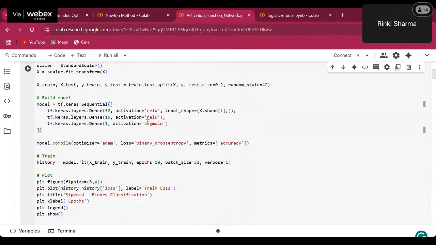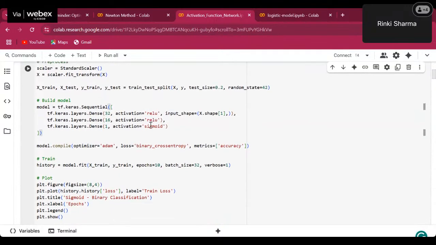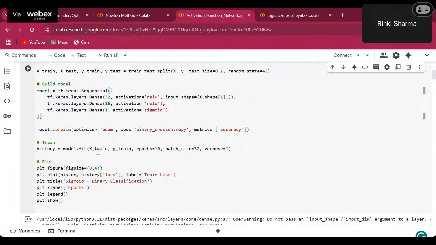Activation equal to sigmoid will directly bring the sigmoid activation into the model, and model.compile will compile the model with the optimizer, the loss binary cross entropy, and metrics accuracy, and model.fit will train the model